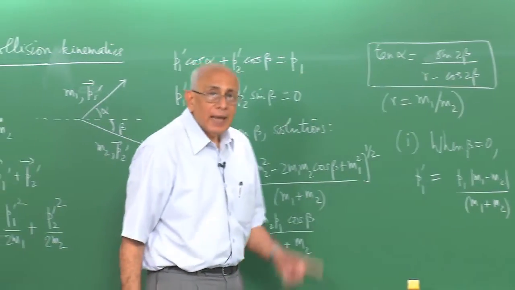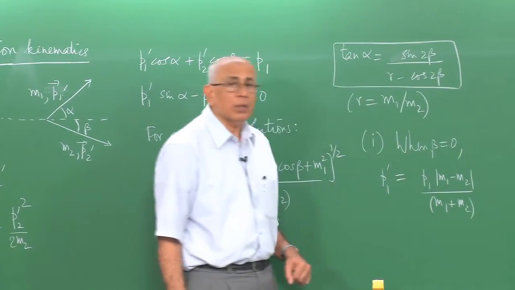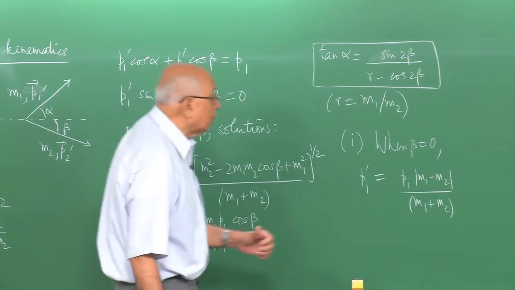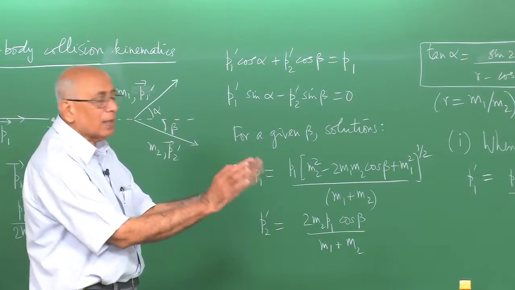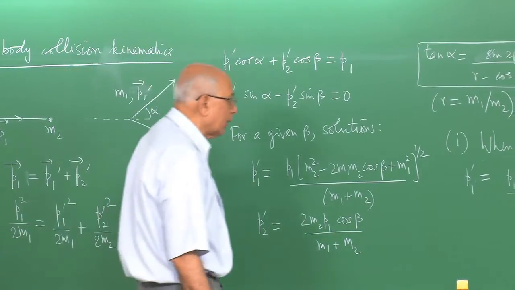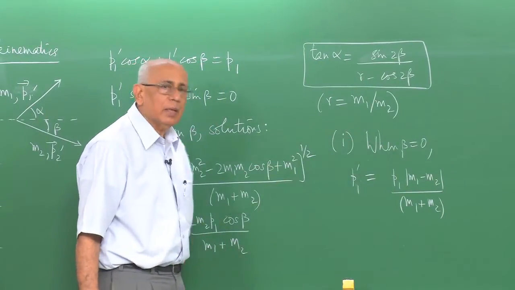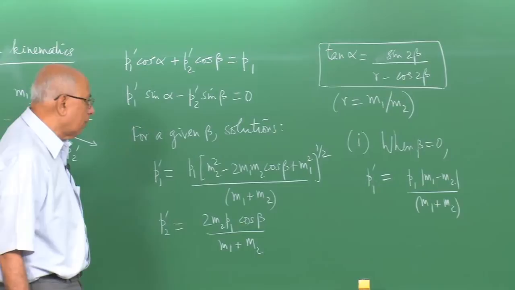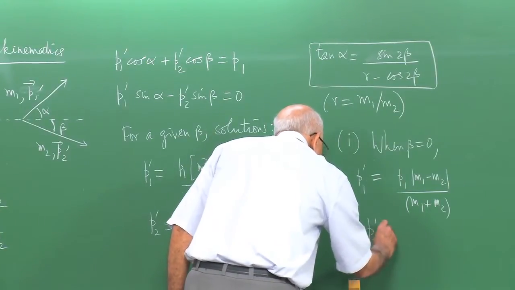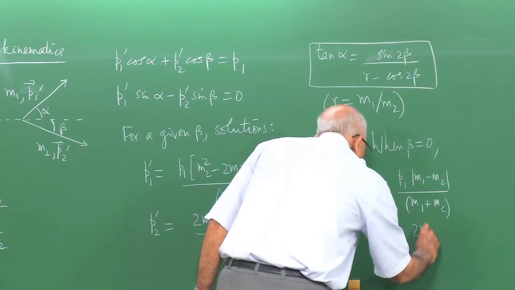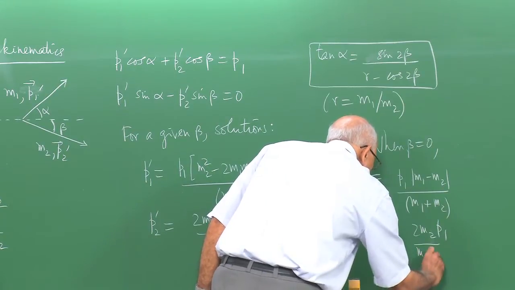You recall that the exact solution in the one-dimensional case is m1 minus m2 here without the modulus sign, because when m1 becomes smaller than m2, you could also have it moving backwards. It could bounce off the target and move backwards as you would physically expect. But these are magnitudes of vectors, so in this case, strictly when you take the limit beta equal to 0, you get that solution there for the magnitude of p1 prime. The magnitude of p2 prime is 2 m2 p1 over m1 plus m2,